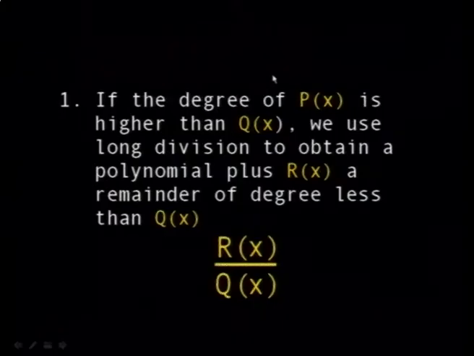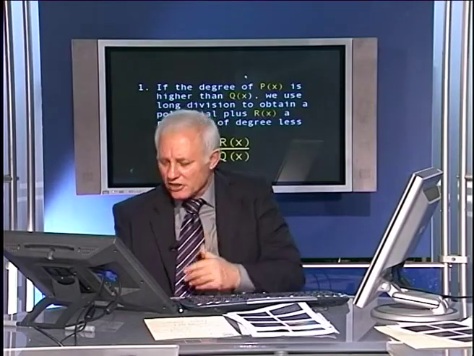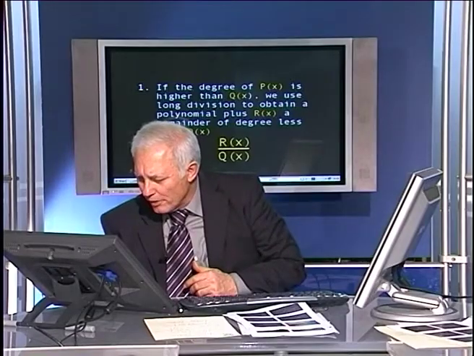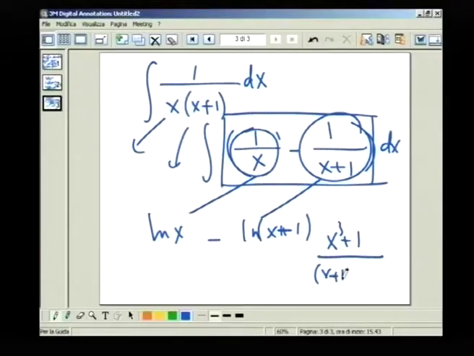First of all, you have to watch out for something: the degree of the numerator must be smaller than the degree of the denominator. In other words, you cannot have, for example, something like this in the numerator: (x cubed plus 1) divided by (x plus 1)(x minus 2), for example. You cannot start